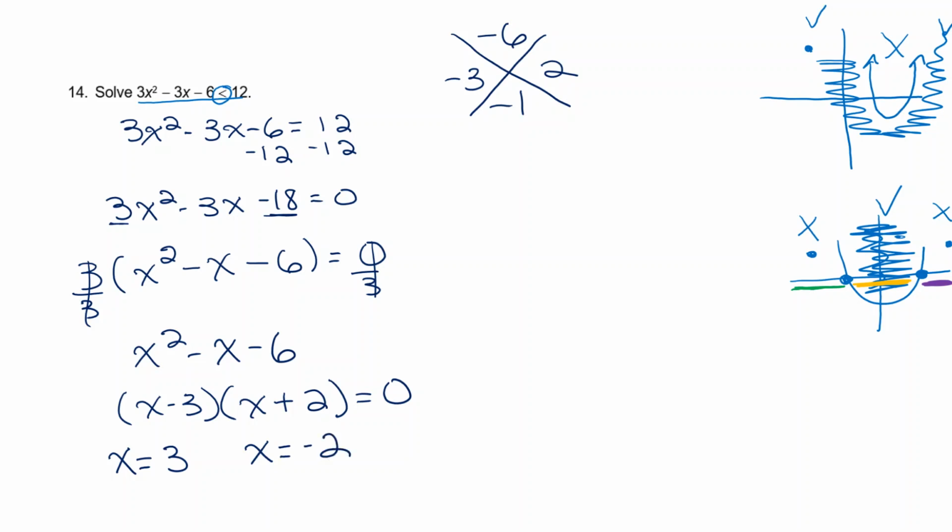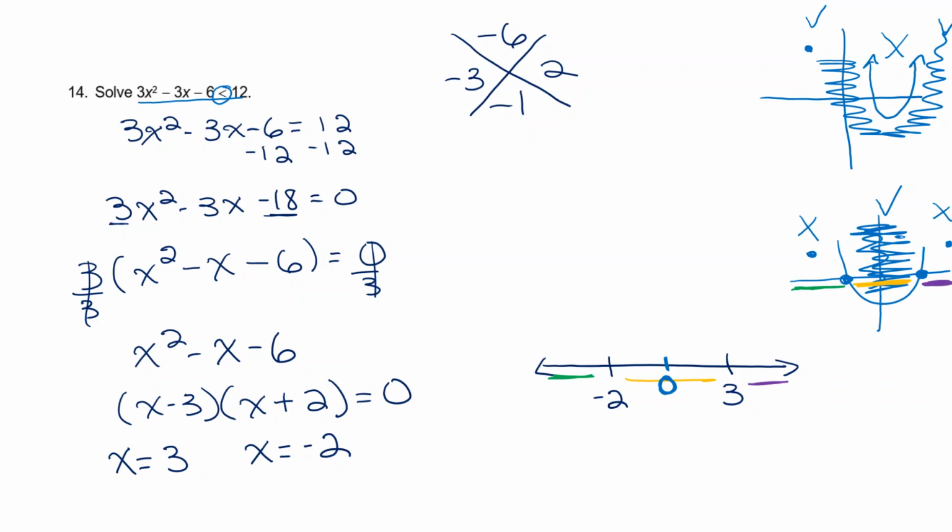All right, now that I know those 2 points, I'm just going to sketch out and put my major points. I've got a negative 2 here, and I've got a positive 3 here. Now, in the interest of time, it would be really nice if you had the time to go through and pick a point in all 3 areas and test it. But when you're taking a test, we really don't have time to do that. So I want you to just choose one point, and let's choose this point right here in the middle, 0. Okay, let's just